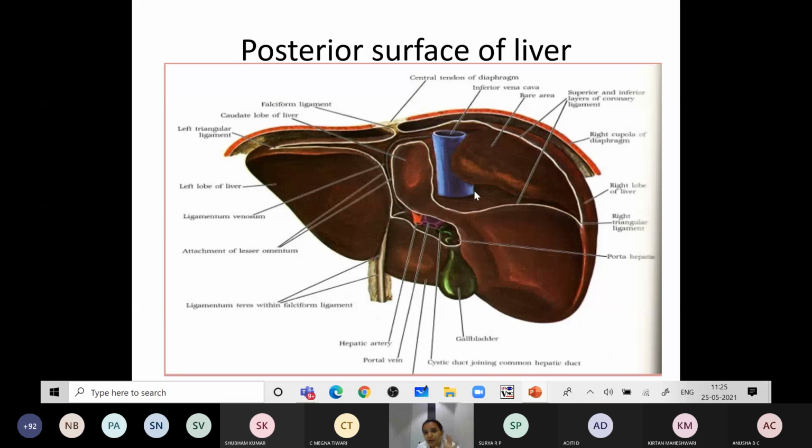Here they have removed the diaphragm. That's why we can see this bare area. Okay, this is the posterior surface of the liver. Then this inferior layer of coronary ligament is reflected over the right lobe of the liver below the bare area, covers the fundus of the gallbladder, then reflected over